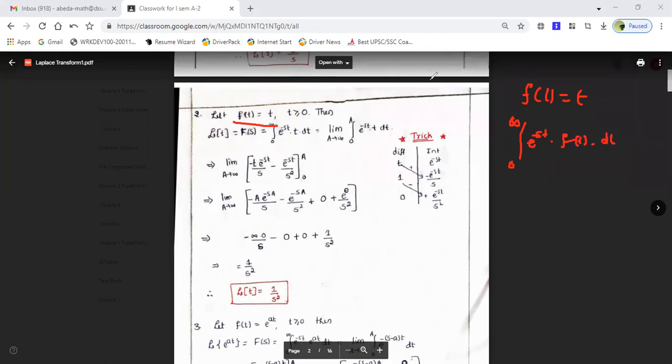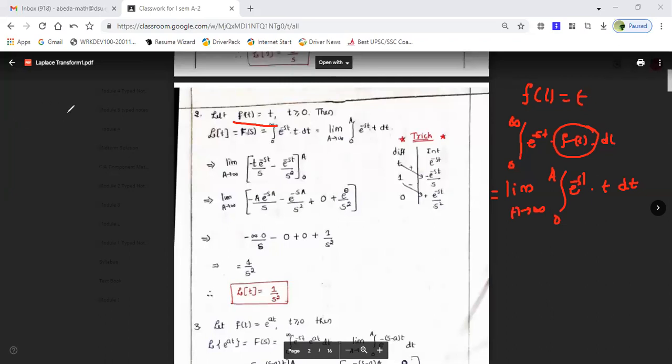So this you have to remember, how we are defining the Laplace transform, because only this f of t we are going to change. So the remaining function will remain the same. So what we do now here, this will be equal to an improper integral, we are changing it into a proper one by taking the limit as a tends to infinity. Okay, so this will become 0 to a e to the power minus st, and my f of t is t here into dt.